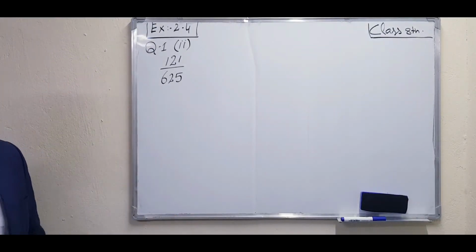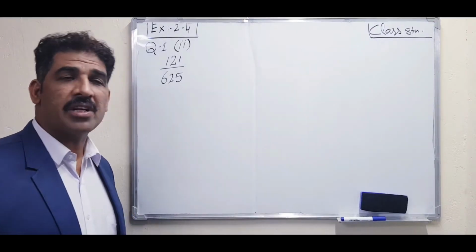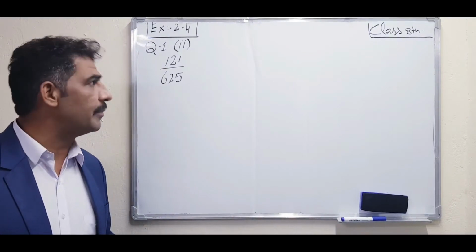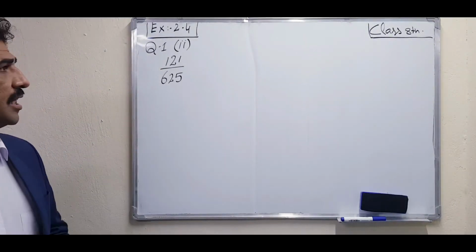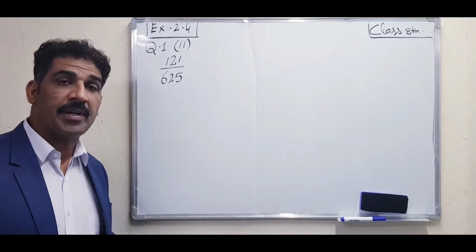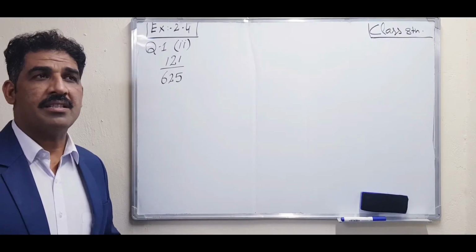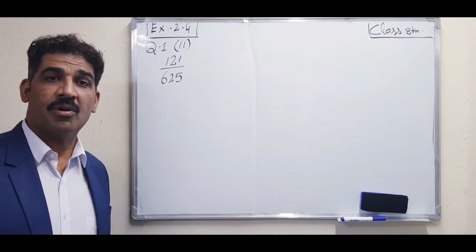We have to find its square root. There are two methods to find the square root. One method is prime factorization and the second method is the division method. In this question number 1, the statement demands that you find its square root by the prime factorization method. Prime factorization method means that first of all we should have knowledge about what prime numbers are.